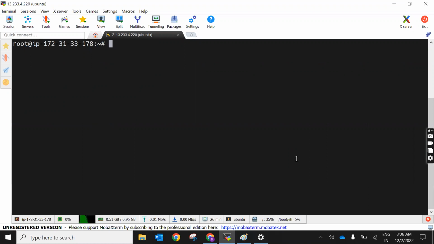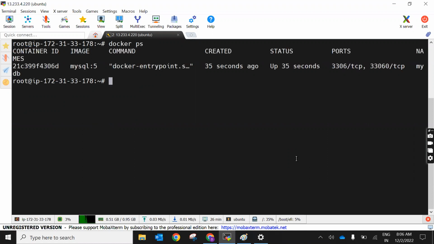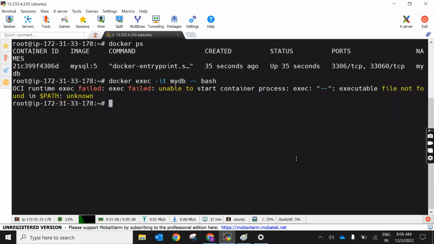For that, we have a command. Which command? Docker exec -it, and what's the container name? MyDB. The container name is MyDB. Then bash here. Okay, what is it saying? Exec failed to start container process. Exec executable file not found in the path. Okay, so this bash terminal is not found. Bash binary is not found. So now let's try to use